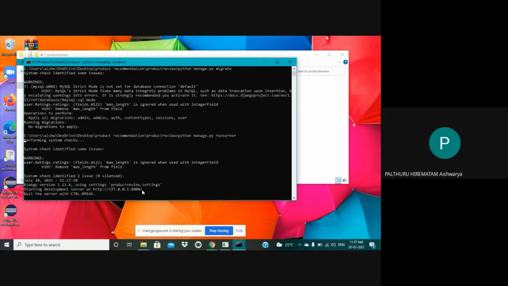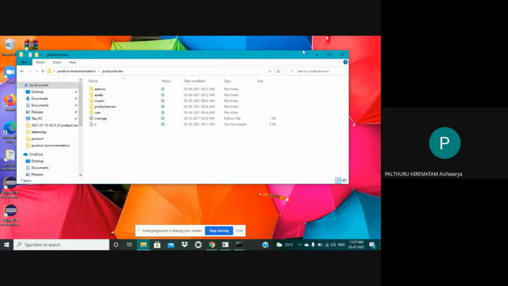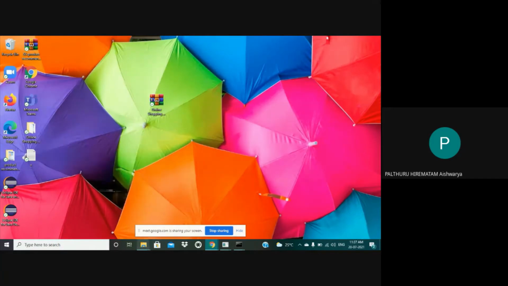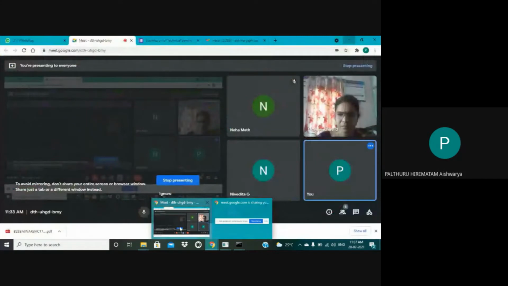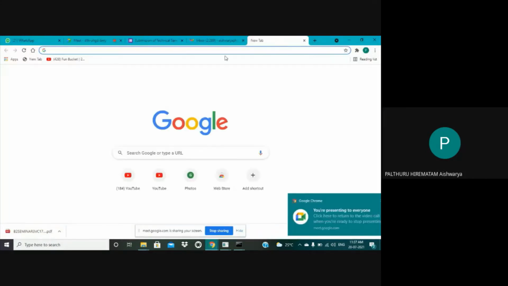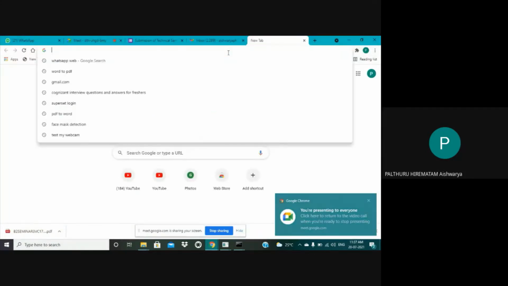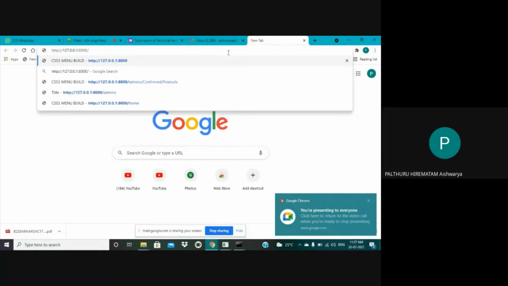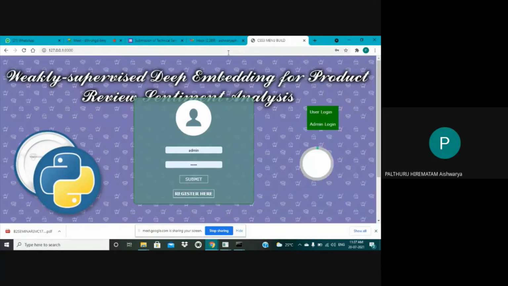By using this local address, we can go into our web browser. For my convenience, I am using Chrome, it is faster to execute things.